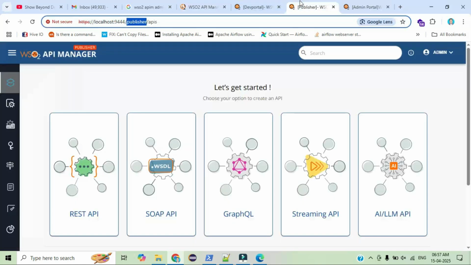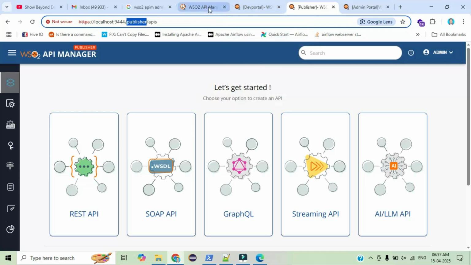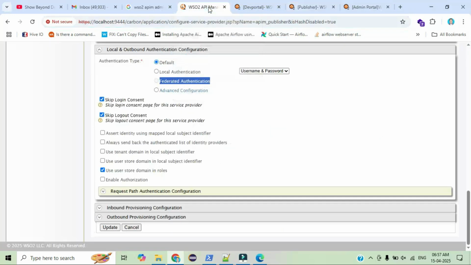In upcoming videos we'll learn how to configure federated authentication, meaning for accessing this portal we need an IAM. There is one more product like that which we use for federated authentication, and we can use it in future. But in this series we will complete API Manager and EI, which will help us develop our APIs. Okay,